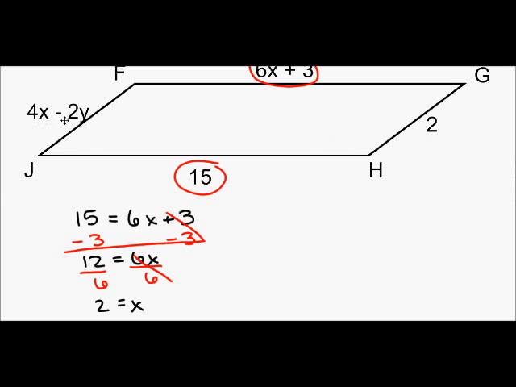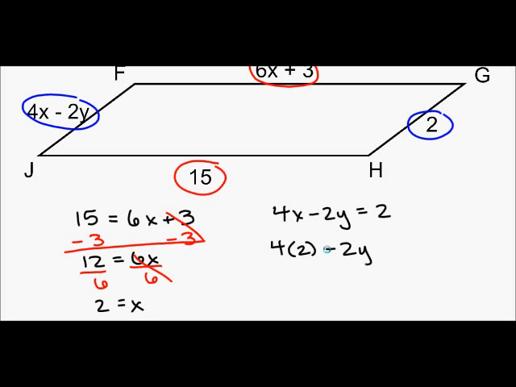But I also need to find the value that will make these two sides congruent. So 4x minus 2y has to be equal to 2. I just found that x is 2, so let me substitute that in. 4 times 2 minus 2y equals 2. 4 times 2 is 8,